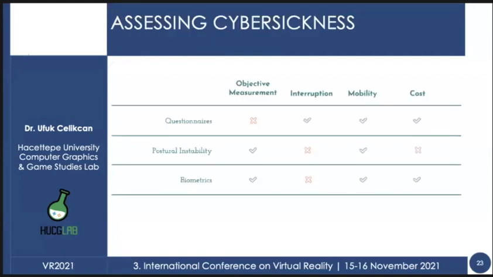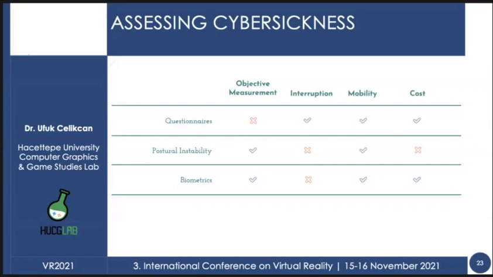In this work, we decided to make use of electroencephalogram, or shortly EEG. EEG is a promising biofeedback to grade cyber sickness as it is suitable for practical use, cost-effective, and not interrupting immersion during measurement. Brain activity is considered to be the most comprehensive and reliable physiological signal to detect cyber sickness-related cognitive load, and it is very rich in information.